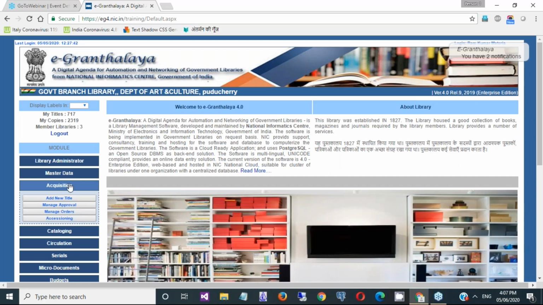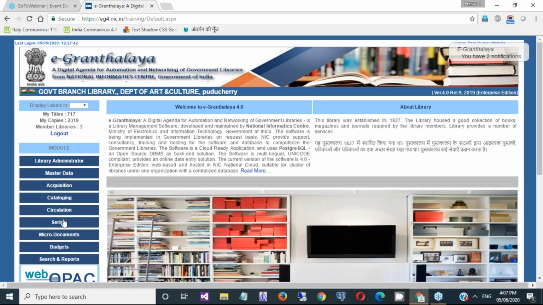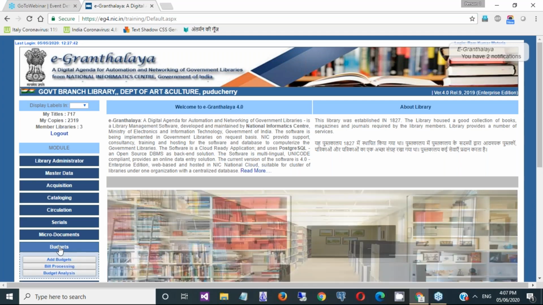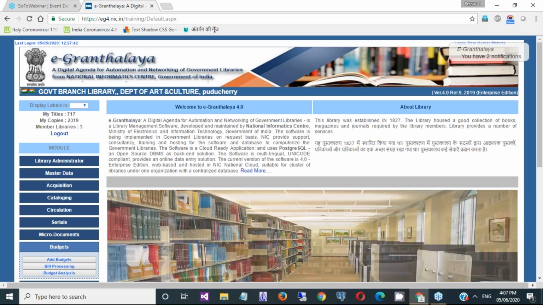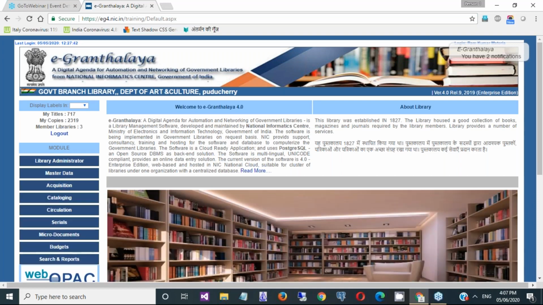Besides the books acquisition module, side by side, you need to use the budget module also for bill processing. So this complete purchasing process includes use of two modules. One is the books acquisition module, another is the budget module.